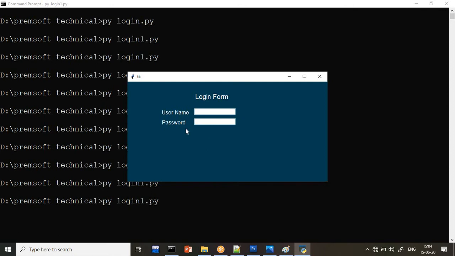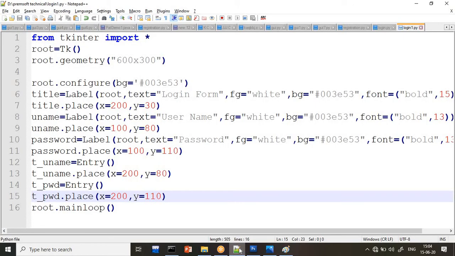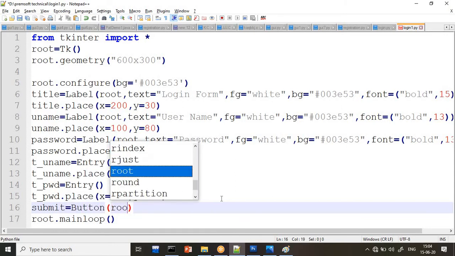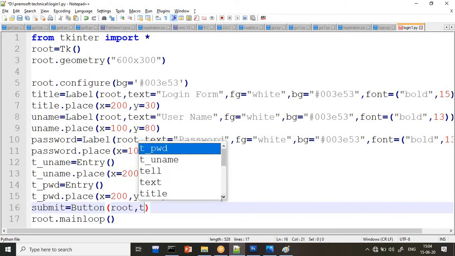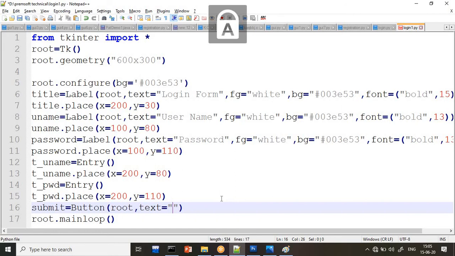Now the final thing left is the submit button. So just create a submit button. How to create a button here? I will write submit equals Button in brackets root, comma, what is the text on the button you want, that text you can write down. I will write here Submit, and after that what we have to write after the submit?